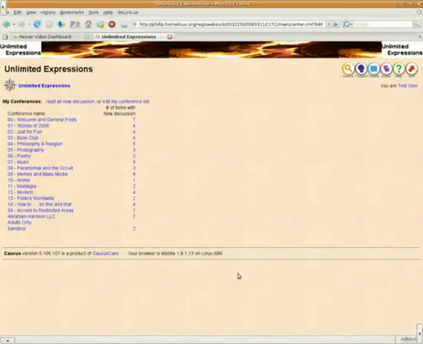This is the main conference list. You will see conferences to which you are a member. And you will also see a number representing the number of items which have new discussion in each of those conferences. If you were to enter one of the individual conferences,